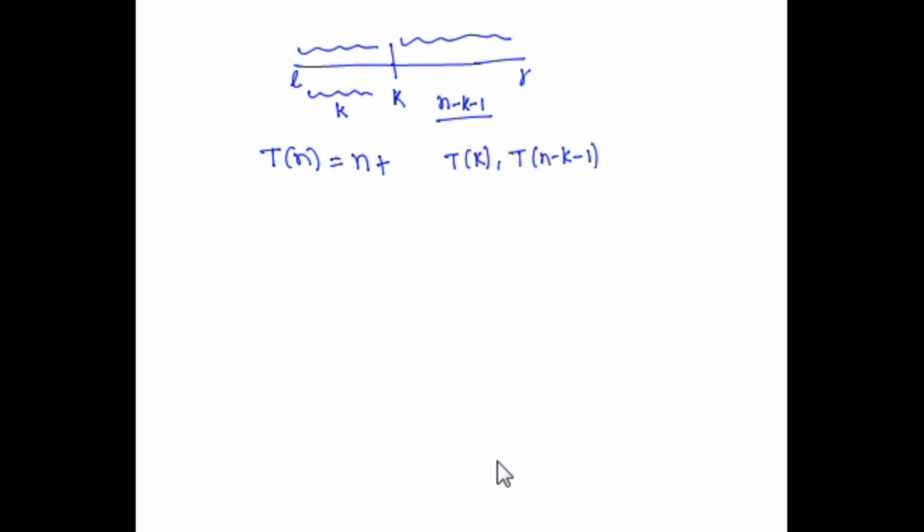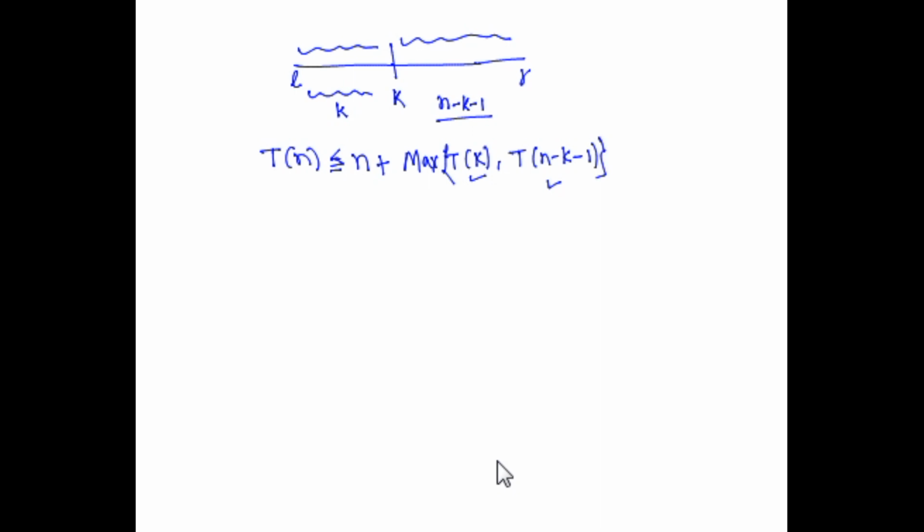If you go to the left hand side, there will be k number of elements, and if I go to the right hand side, there will be n minus k minus 1 number of elements. I don't know which side the algorithm actually goes. That depends on the rank that we want to actually find. So in general, this is going to be smaller than or equal to the maximum of these two quantities.